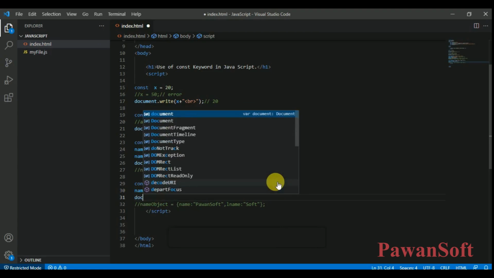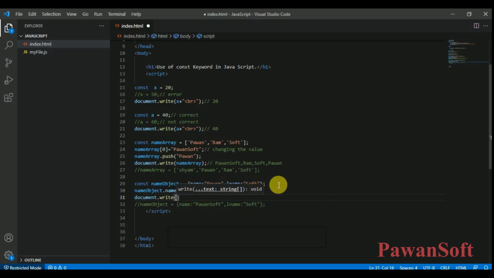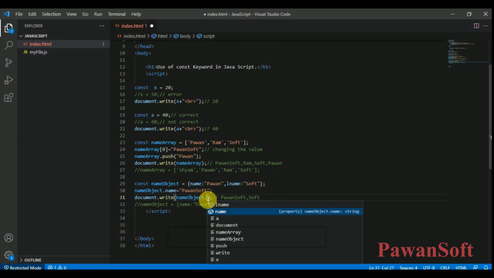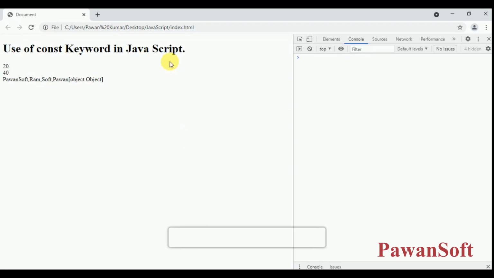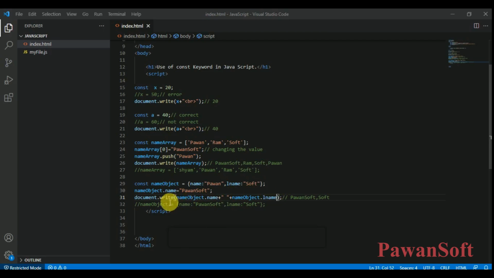When you print document dot write name object dot name, now you will get Pawan soft and soft. But let's break this one.